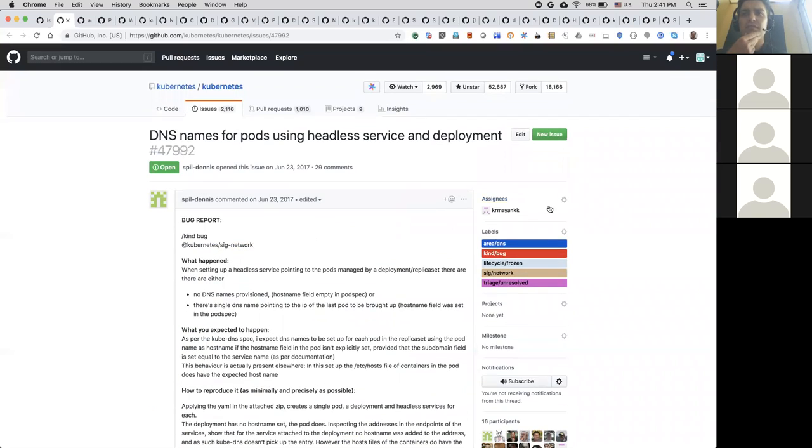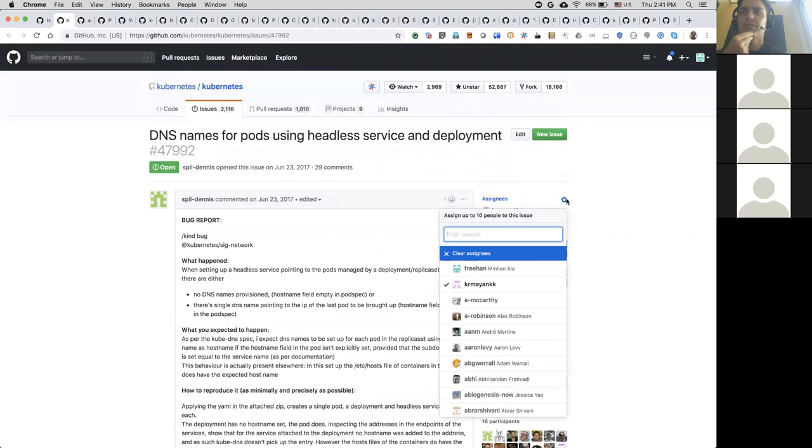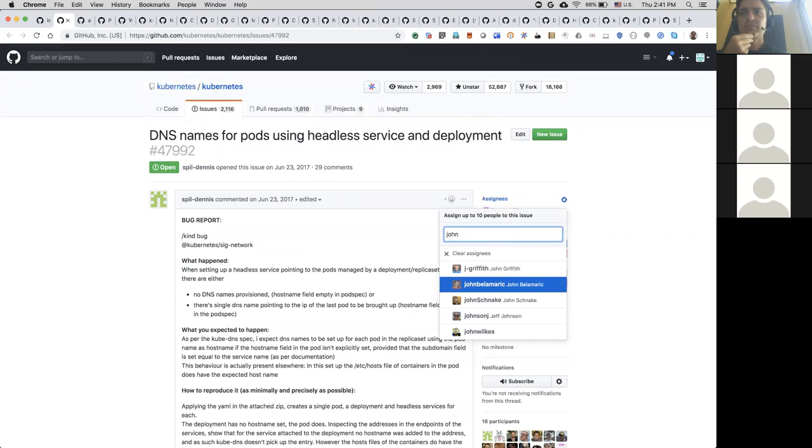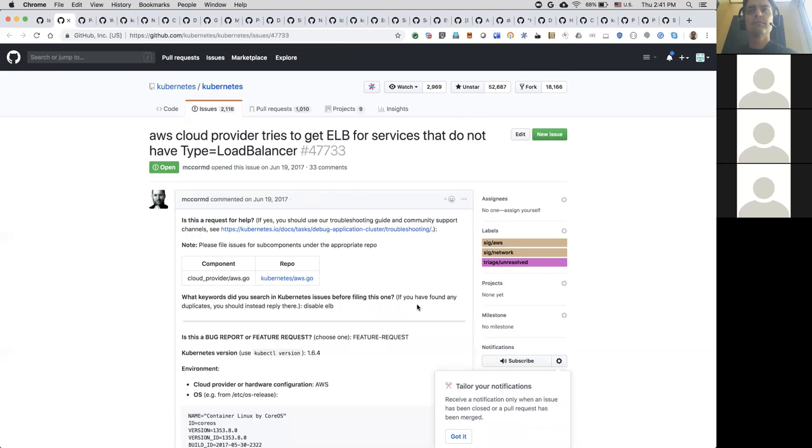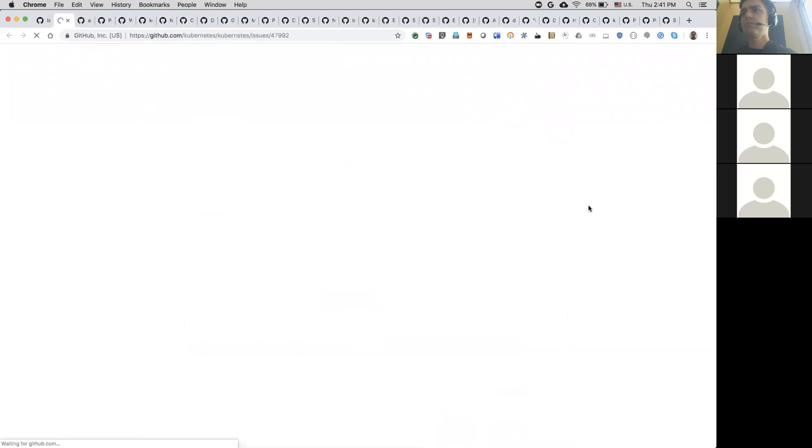Isn't this like a feature of stateful sets? Should you just be using something different? Well, stateful sets are just a headless service from the network point of view. They just set the endpoint name based upon instance, as opposed to all of them having the same. Oh, I see. DNS name is set up for each pod using the pod name as a host name. I think it is along the lines of a feature request. You can change it to kind feature. It's definitely not a bug.